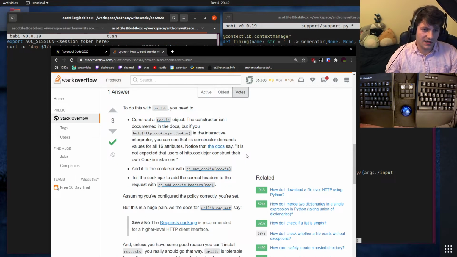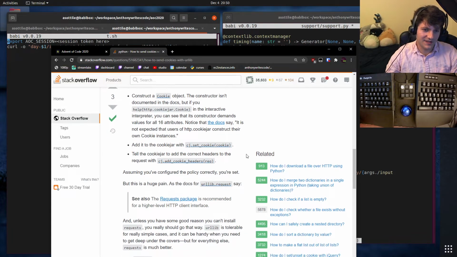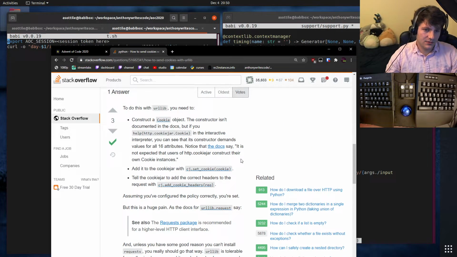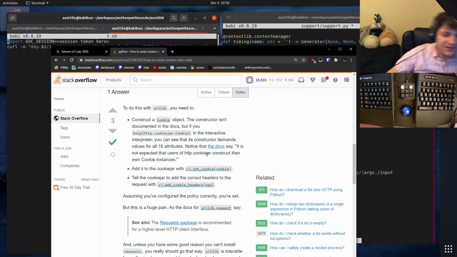Construct a cookie object. The constructor isn't documented. Amazing. Add it to a cookie jar. It is not expected that users of http.cookiejar construct their own cookie instances. Can I just fudge this with the cookie header?